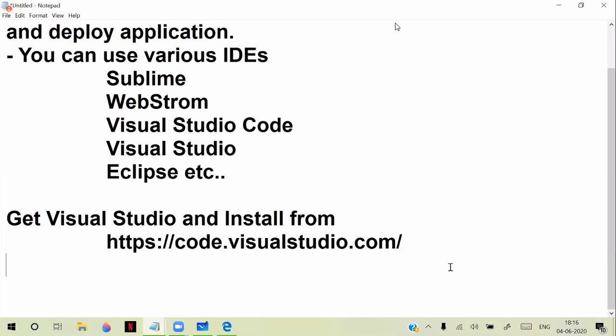So get Visual Studio Code, not Visual Studio, right? Visual Studio is also an IDE. There is another IDE called Visual Studio. That is not for you. So you can go with Visual Studio Code. That is enough. And all the development process I am showing on this, our Angular, Node.js, React, everything you can